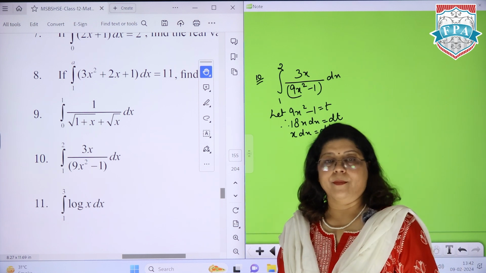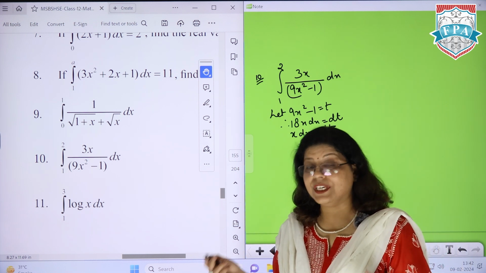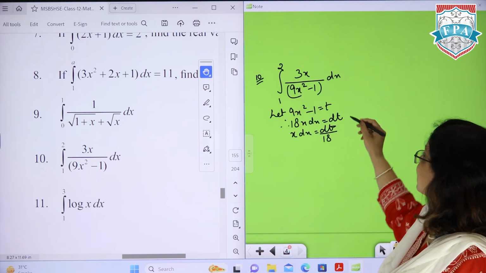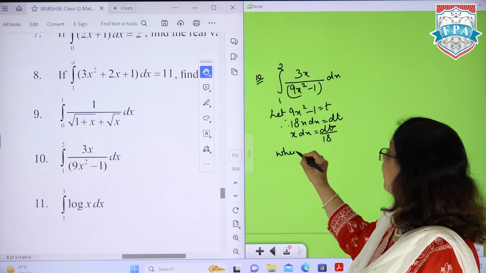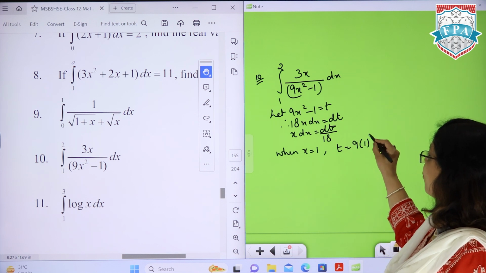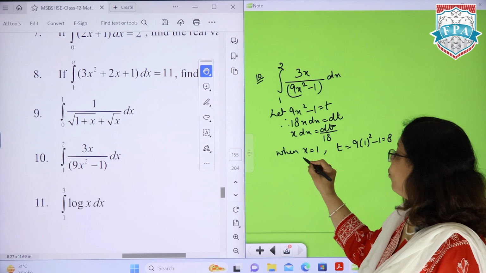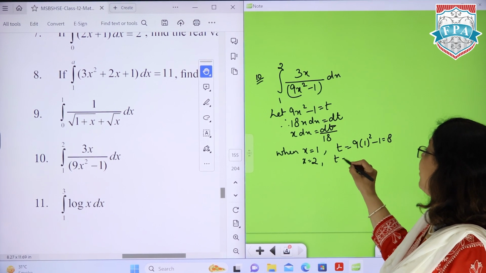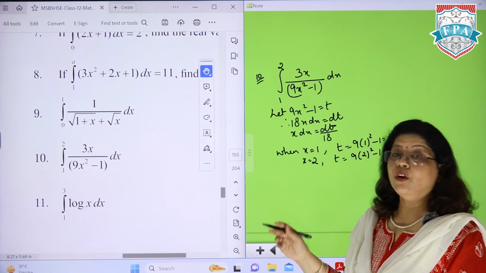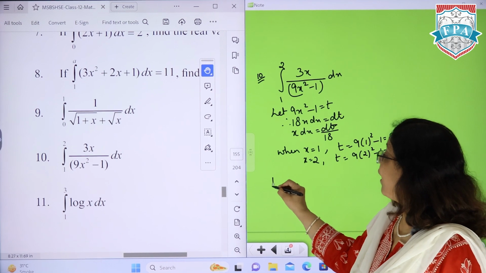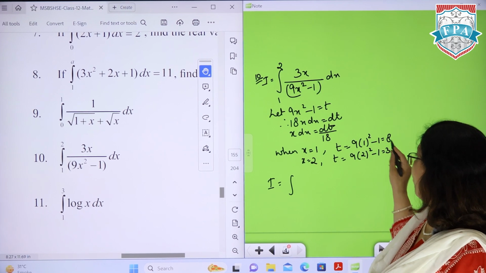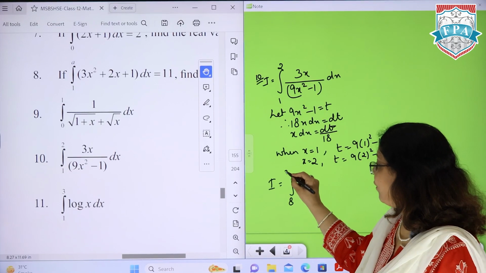Now this is the simple form. But since now we have changed everything to dt, these values also get changed to t format. So when x is equal to 1, t becomes 9 into 1 square minus 1, which is 8. And when x is equal to 2, t becomes 9 into 2 square minus 1, which is 35. So your new question will become I is equal to, see, write I here also, don't forget. I is equal to now the limits of t, 8 to 35,